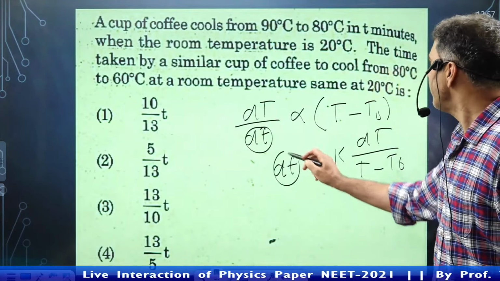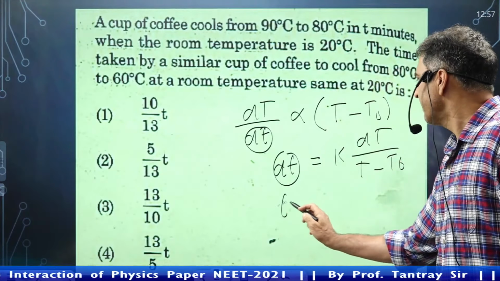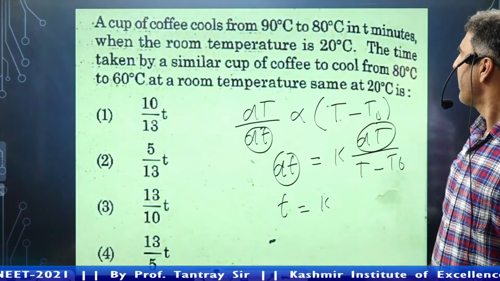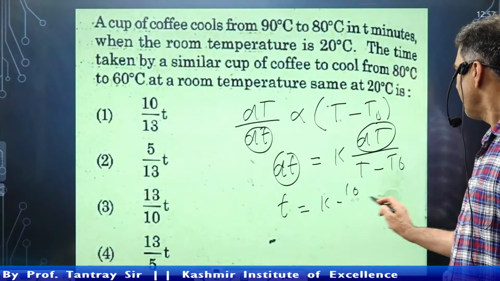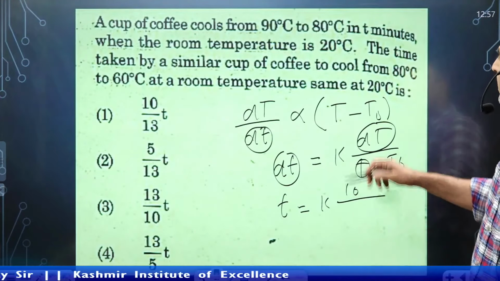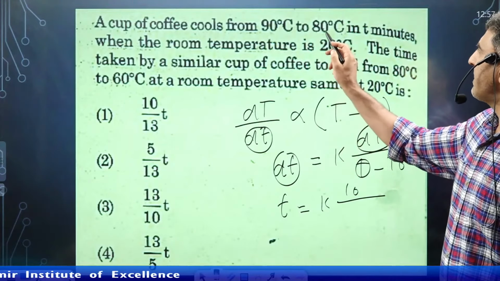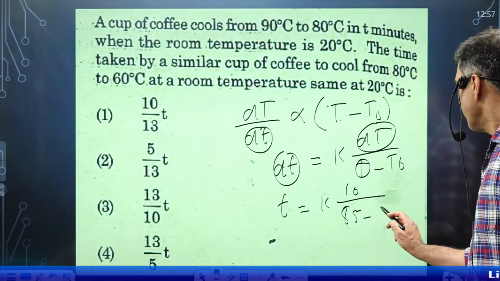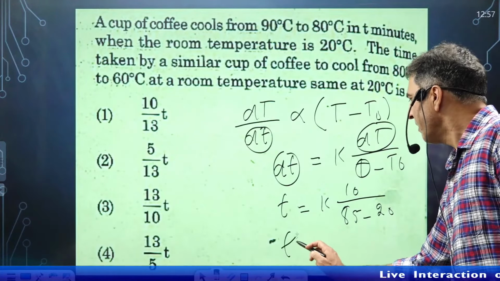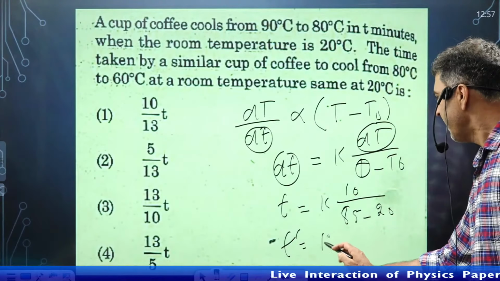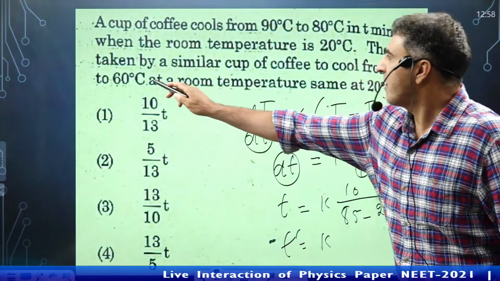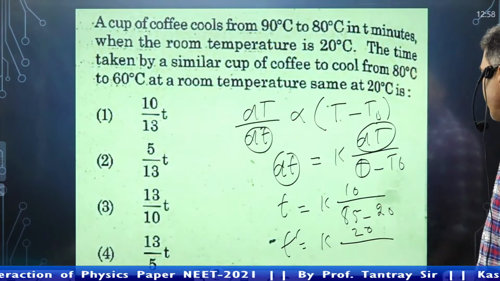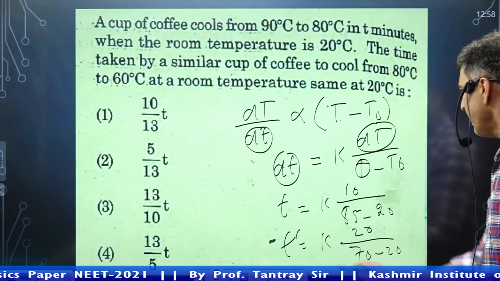Right? Now this first time, T minutes, is equal to k times the temperature difference, which in this case is 90 minus 80, that is 10. But what is the temperature of the body? Here the temperature of the body can be taken as the average of the two, 80 and 90, that is 85, minus this 20. And now for T dash, the next time, it is k times the temperature difference here, 80 minus 60, that is 20, divided by the average of 80 and 60, that is 70, minus 20. If you divide them,